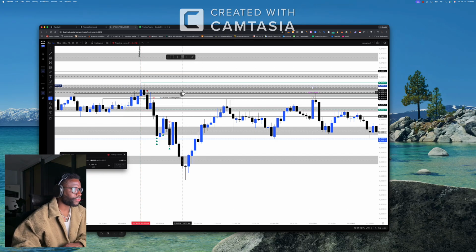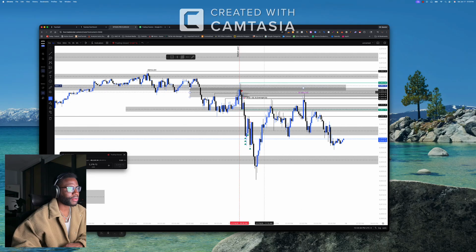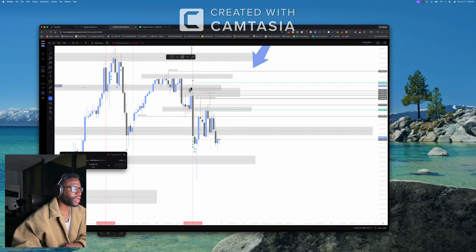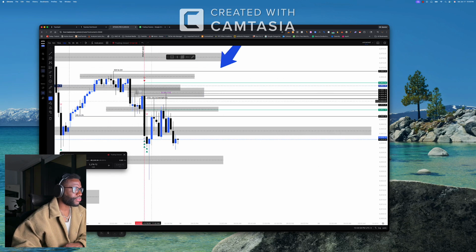I like to have all these things on my chart. But nonetheless, this was a 30-minute fair value gap, as you guys can see here, that once again was being respected. Let me double check and confirm. 30 minutes, and I even think on the 1 hour too. Yeah, even on the 1 hour, it got respected as well. There's a little thing right here. But yeah, 30-minute fair value gap. Boom, boom, boom. Respected once, twice, 3 times.